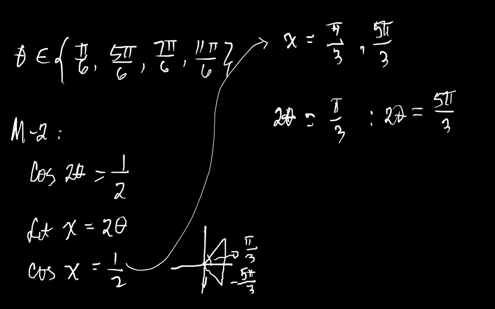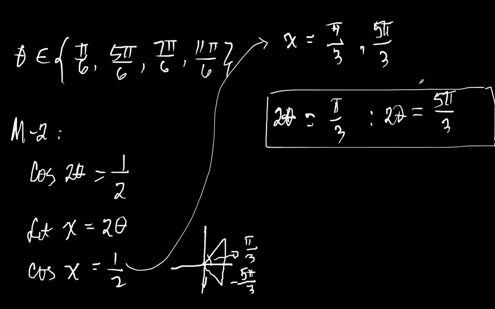By the way, before we do this, let's not limit our answer to 0 to 2 pi yet, okay? Let's make use of the general form of the equation in finding the value of theta in trigonometric equations, right? So we could express this as x is equal to pi over 3 plus 2 pi k,